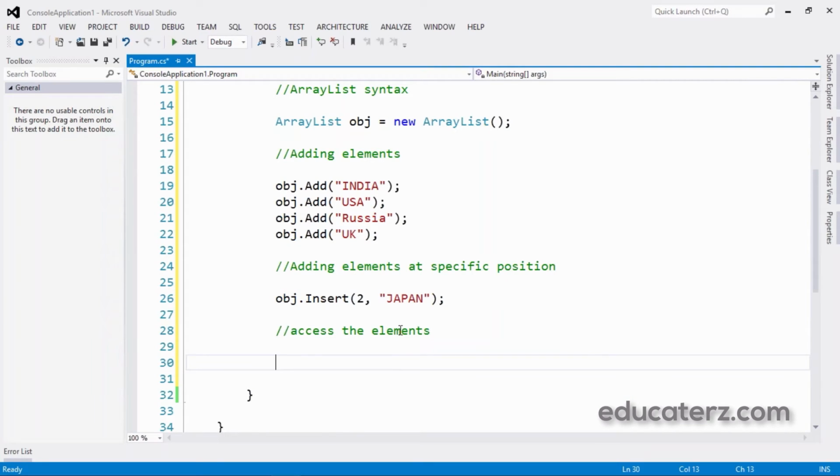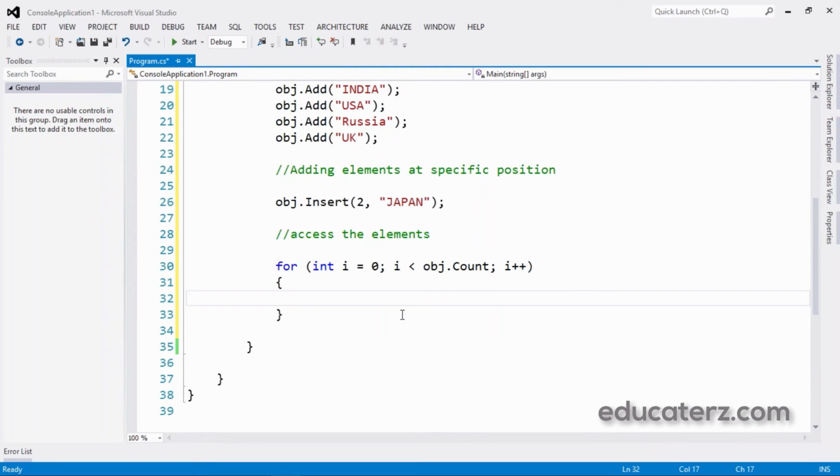Let me take the help of a for loop. Those who do not understand this for loop, please watch my earlier recorded sessions on our educators.com website. You will get more idea on this for loop. int i equals 0, i less than obj dot Count, then i plus plus. Console dot WriteLine, "at index",